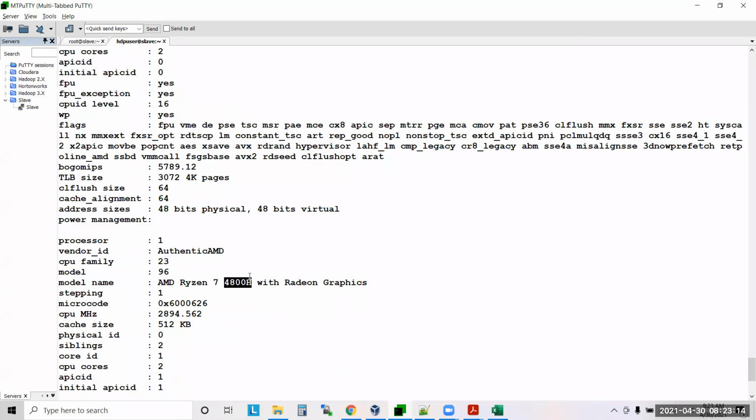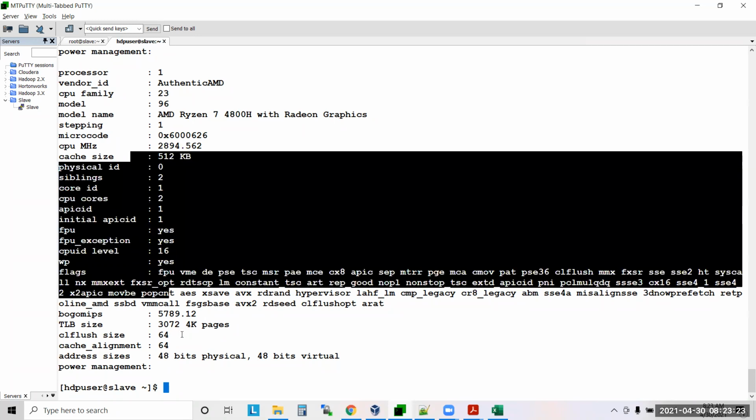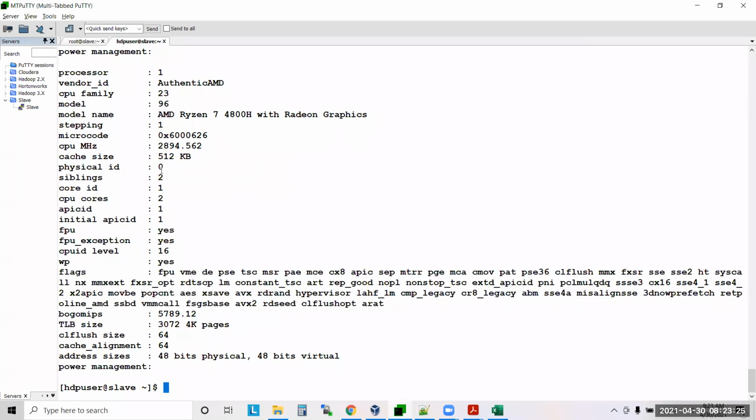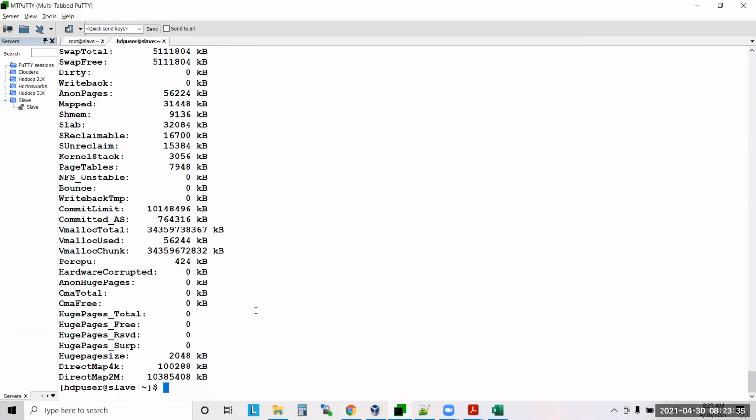You can see the current speed of this CPU and a lot of information about your system. This is like the device manager in Windows. This is CPU info. And if you want to see memory info, how much memory we have given, use meminfo. So this is the meminfo.